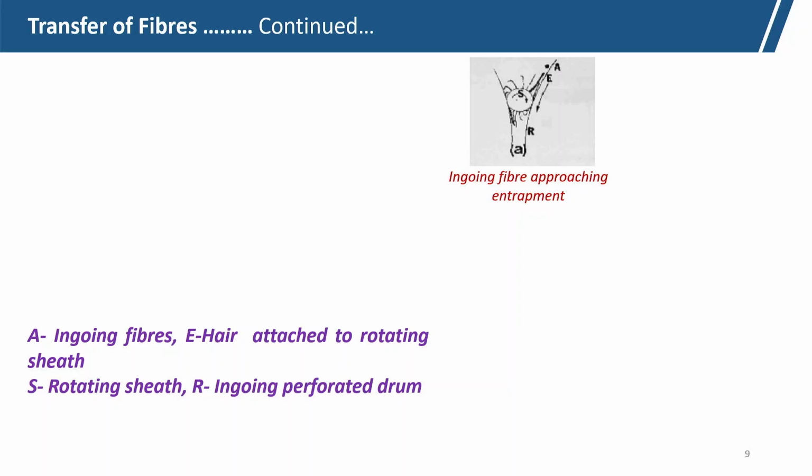Now, A in this picture is the ingoing fiber approaching entrapment, E here is hair. So, as we have discussed, the hair should be there, that will actually attract the fiber, here attached to the rotating sheath S, and R is the ingoing perforated drum. So, this is the ingoing perforated drum, and